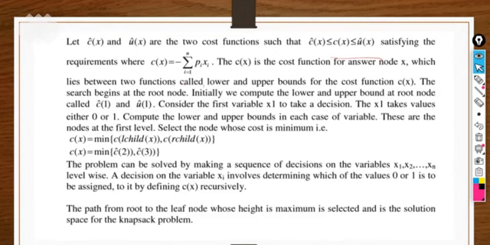You have to find the cost in the LC. What is the cost function? Summation of all profit and weight; that will behave as the cost function, right? So we have to take the minimum of the left child and right child each and every time. We will compare, and whichever is the minimum, we will take it as the next E-node to expand, right? So let's start with an example.